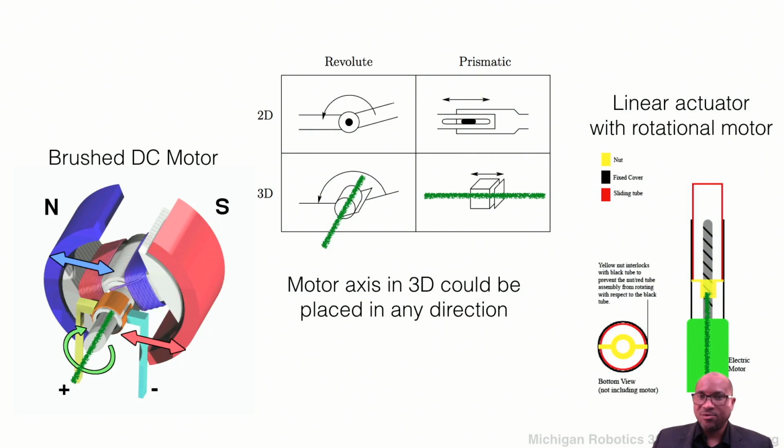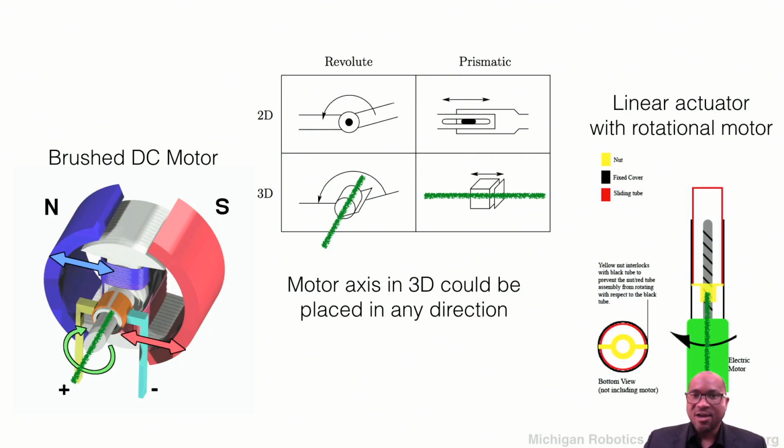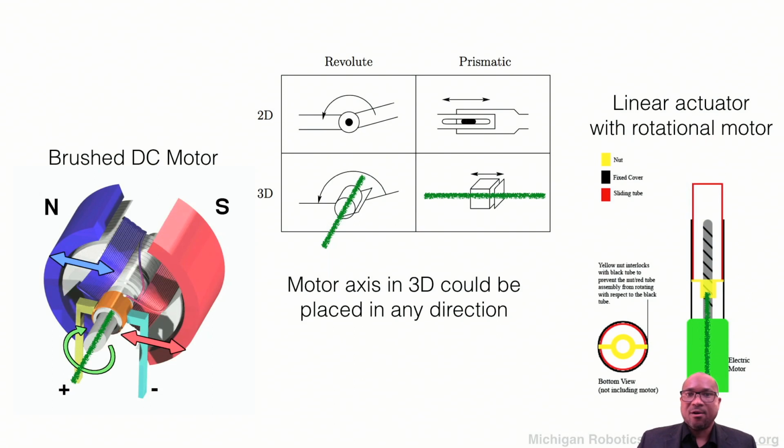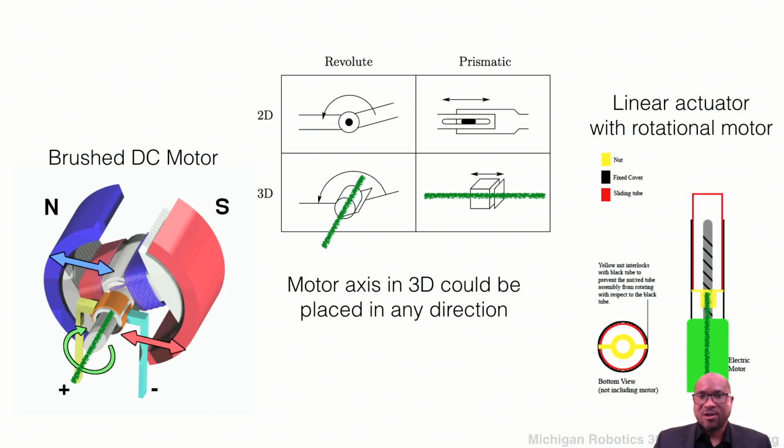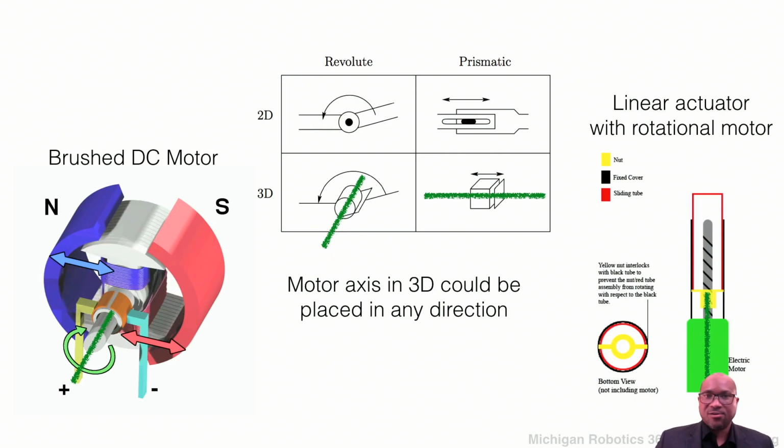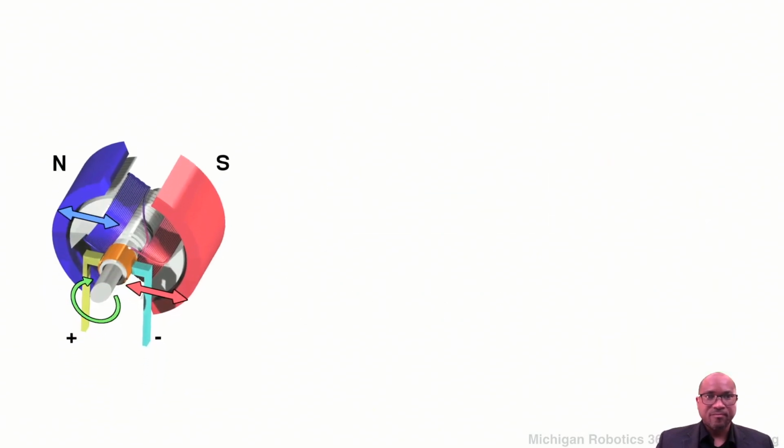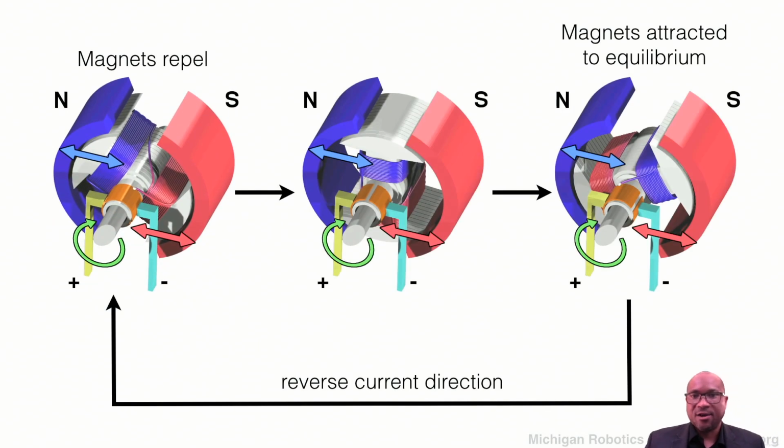But they can also be used to provide a screw such that it can perform a translational motion that produces linear actuation, moving translationally along an axis. This is just showing diagrammatically in the middle what this looks like for revolute and prismatic joints. We should note that I'm no mechanical engineer, I'm a computer scientist, roboticist,